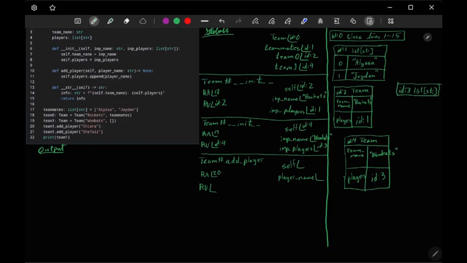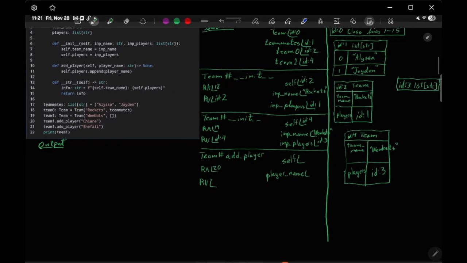We're going to run out of space. Cool. Self is going to be the value of the object that add player was called on. So in this case, team1, which is ID4. And then the player name is the second argument. So player name will be